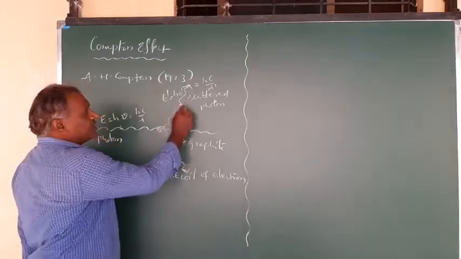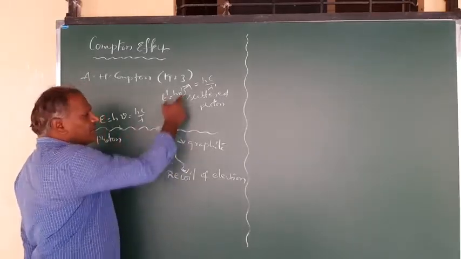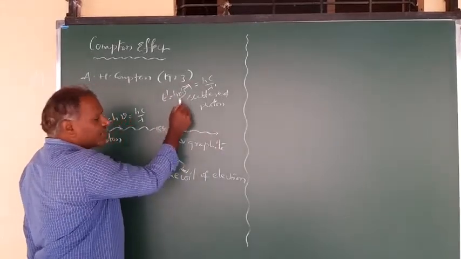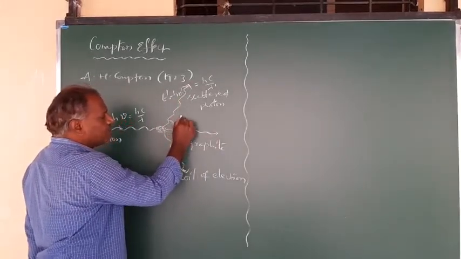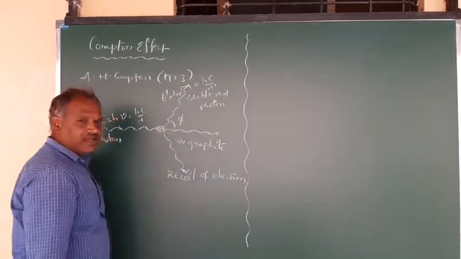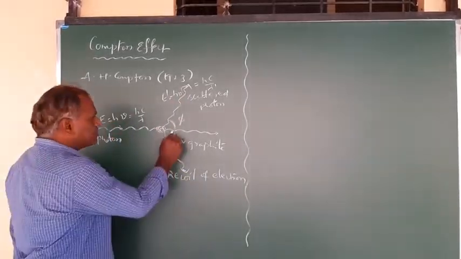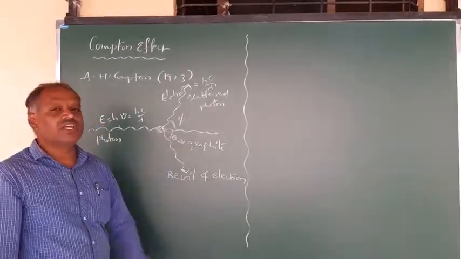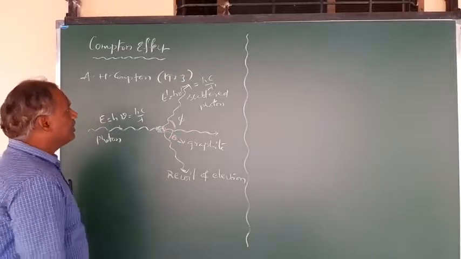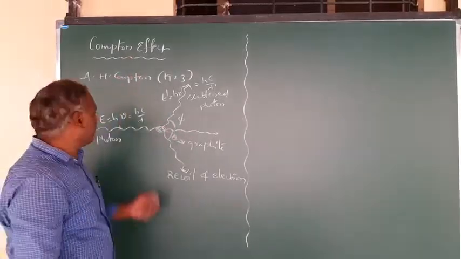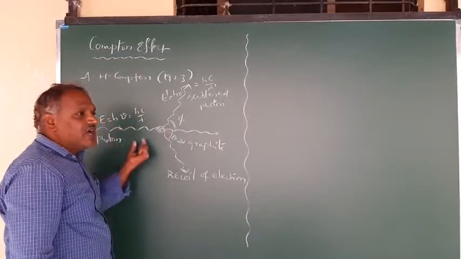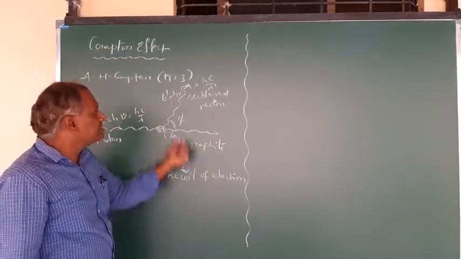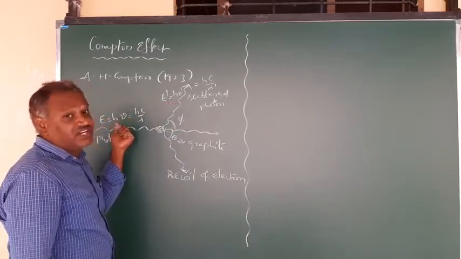And here there is a photon. This radiation is deviated. The initial direction is this one, but it comes out in this direction as the scattered photon. So we call this angle the scattering angle, which is represented by phi. And this is the recoil angle, which makes the angle theta with respect to the initial direction of the photon. Correct? Now Compton observed that some of the energy of this photon is taken by this electron. Because of that, the electron gets a recoil. That means the scattered energy is less than the incident energy.